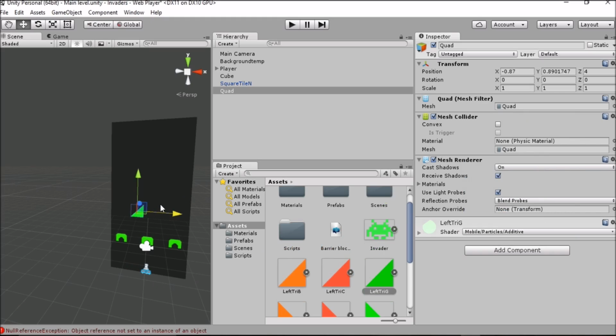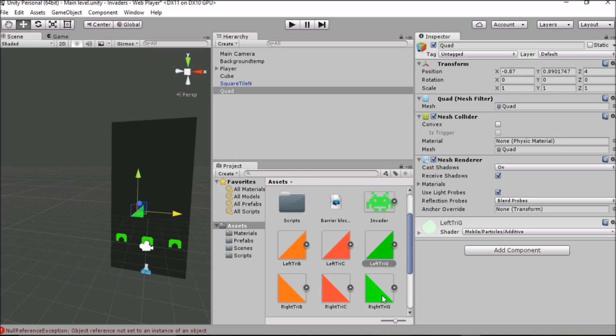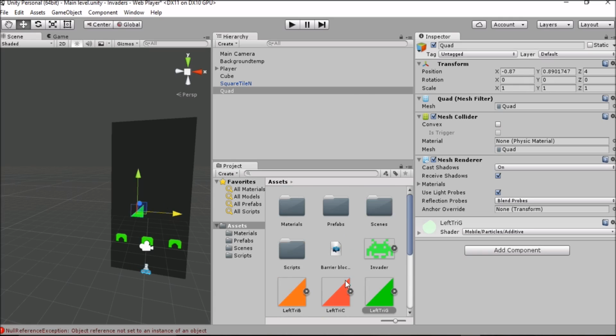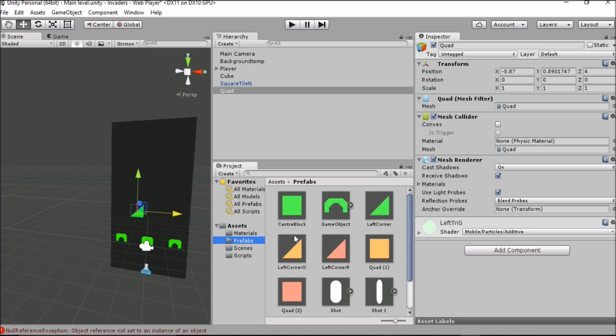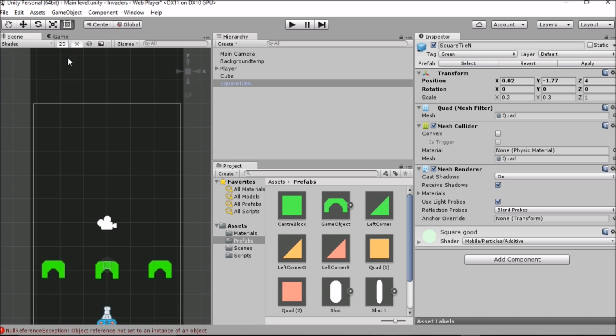And bear in mind, you actually only need a triangle going in a certain direction, because we can change its rotation and everything like that in the inspector, and we don't need other instances like right triangles. So one set of triangles should be fine. Right now I'm not going to do that because I've already got my prefabs set up for those. So what I'm going to do is just delete this from my scene,